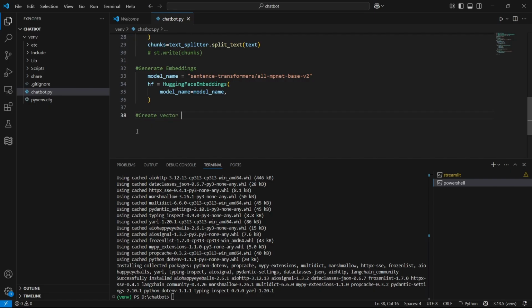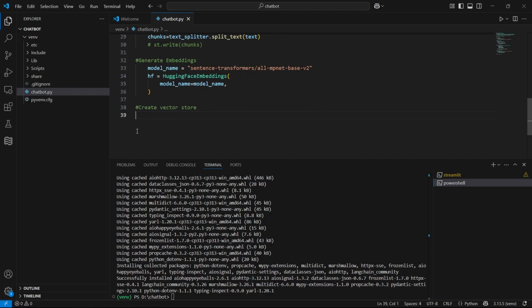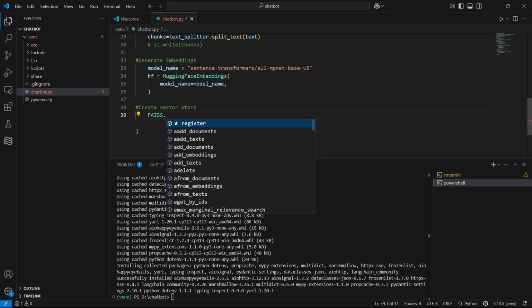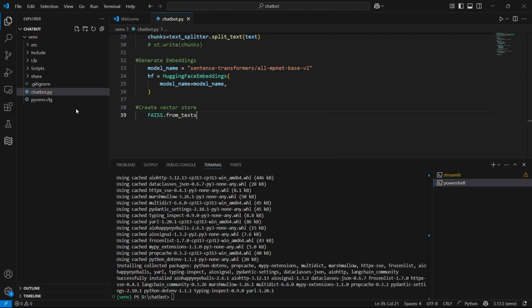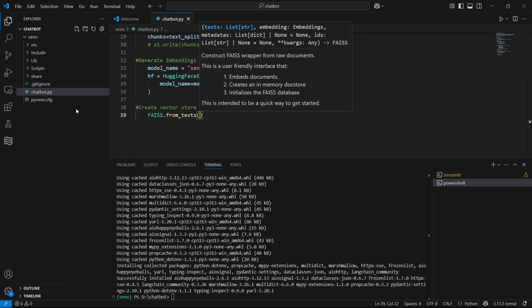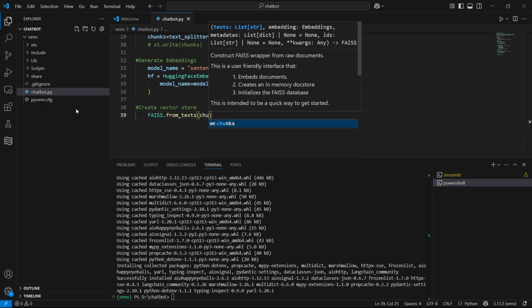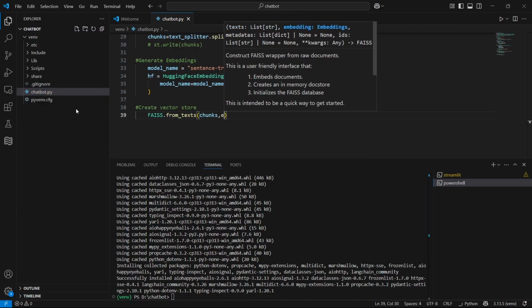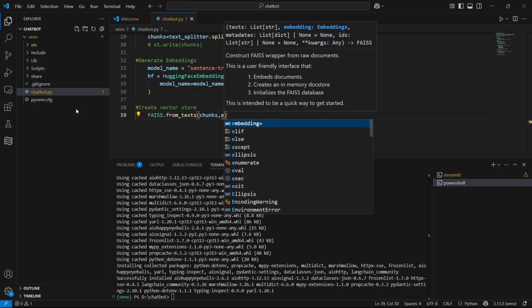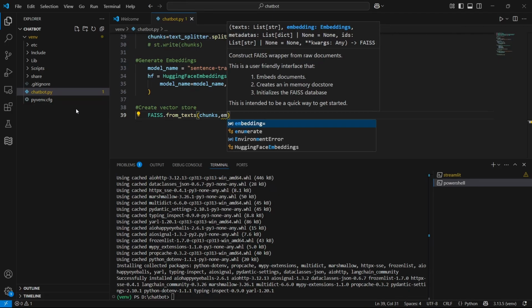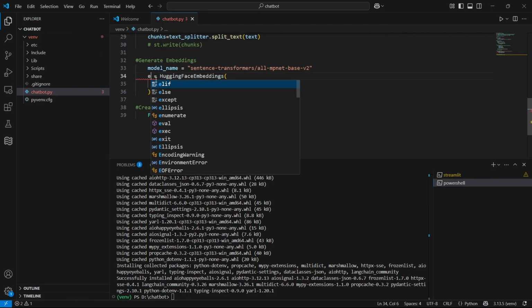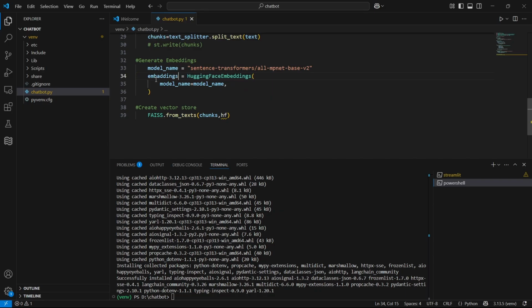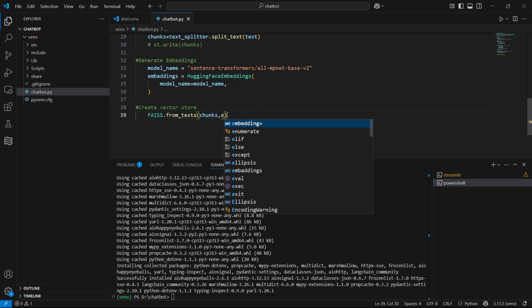create vector store. We have FAISS installed, so use that FAISS dot. Here we have the method from text, and then inside this method from text we will pass the chunks and embeddings, the embeddings that we have generated. So here we pass the embeddings. Let me rename this. Let's say instead of embeddings,